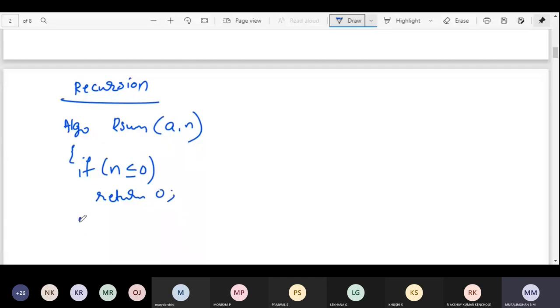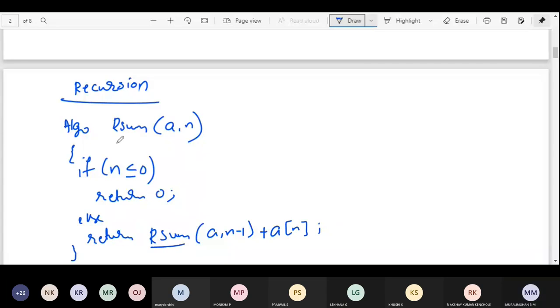Else we will return RSum of a comma n minus 1 plus a of n. Just see, we are having recursion here.